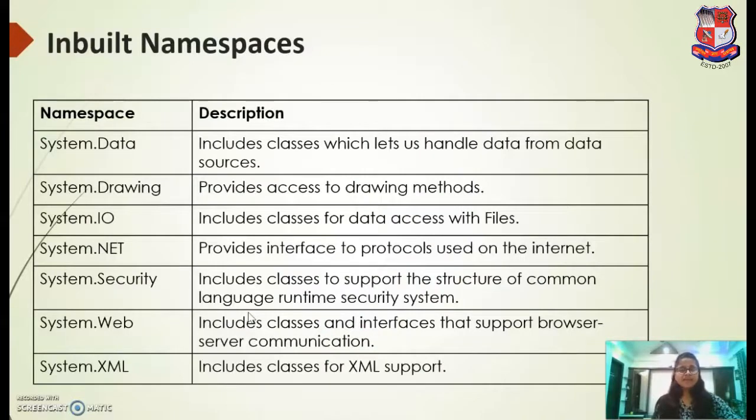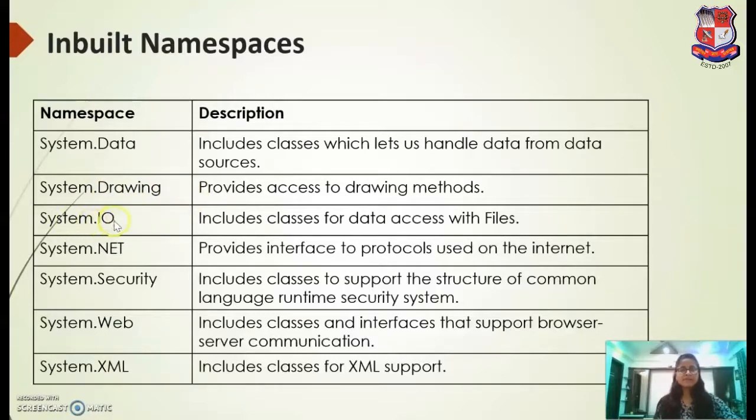We have inbuilt namespaces in the .NET Framework such as System.Data. Using this namespace, we can create dynamic applications which can interact with the database. Another namespace is System.Drawing. Wherever we would like to have drawing facilities, all the related classes are there in the System.Drawing namespace.